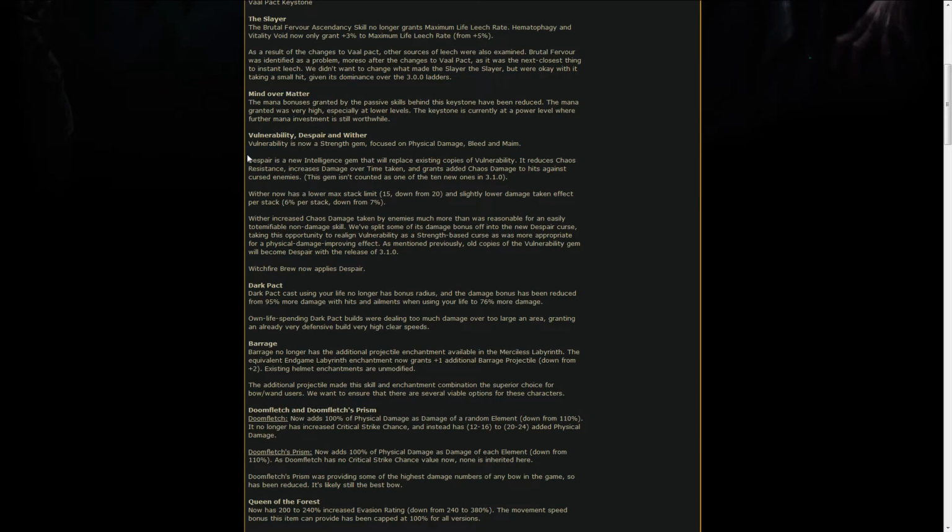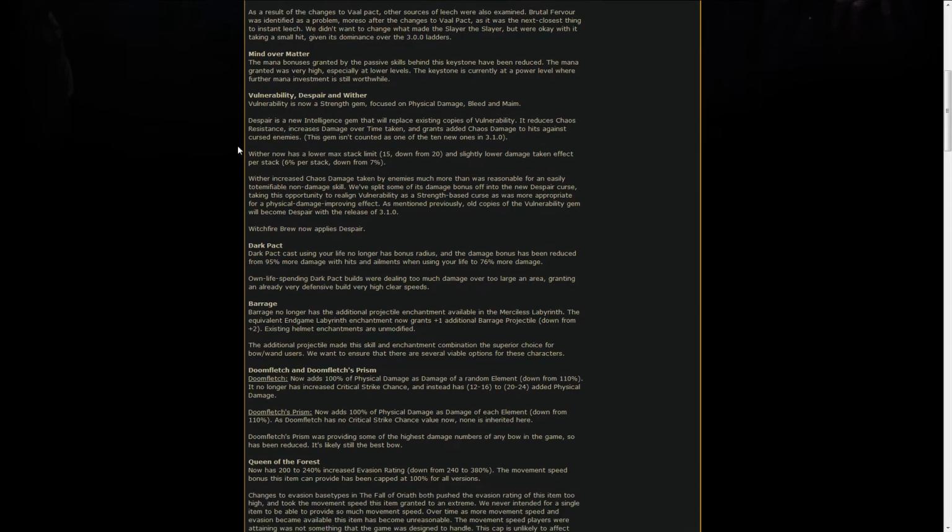Also, vulnerability is now split into two gems. One is vulnerability itself, which is now a strength gem, which focuses on physical damage, bleed and maim, and this is the small buff I was talking about to melee and whatnot. I mean, any physical characters which go physical damage and damage over time, like bleed and maim, definitely want to use vulnerability, and definitely can use it since it's a strength gem, while the old vulnerability is going to be